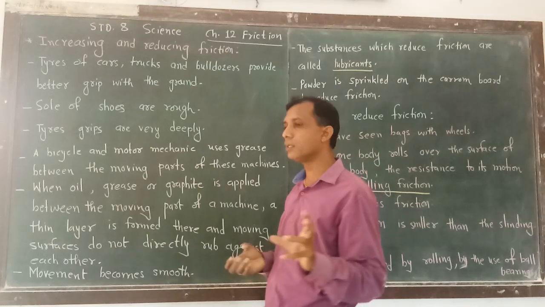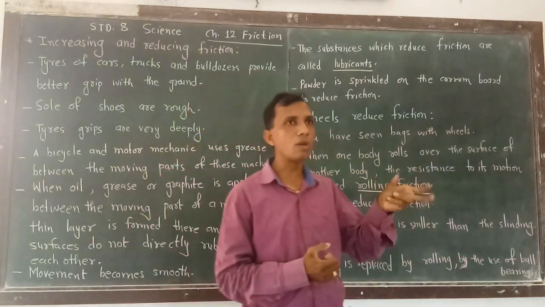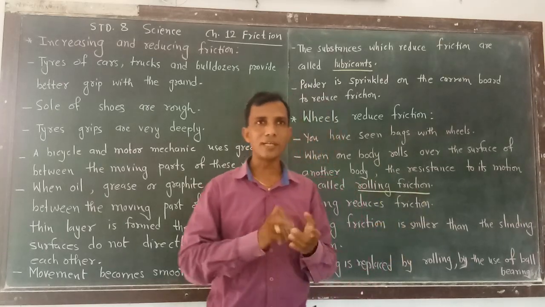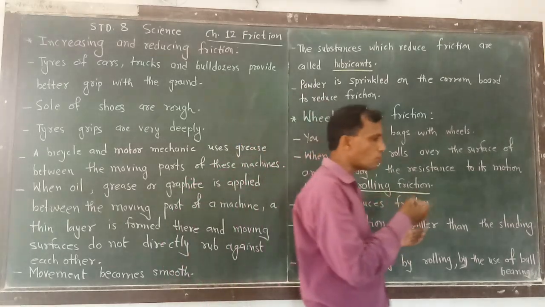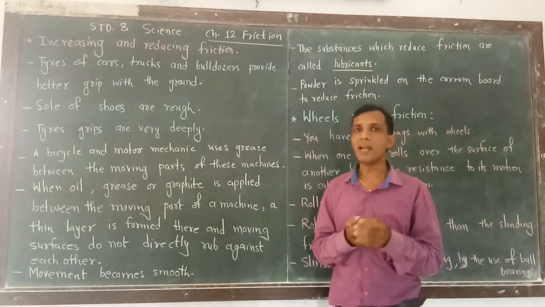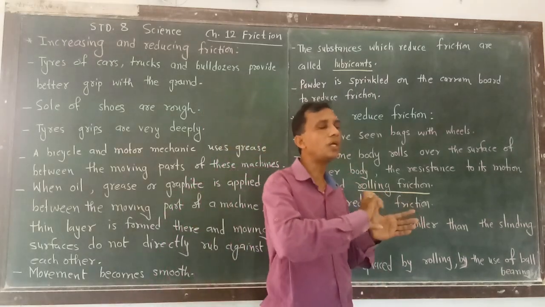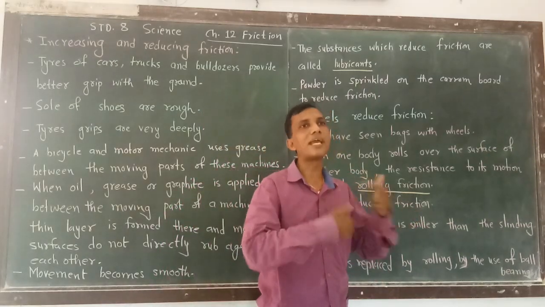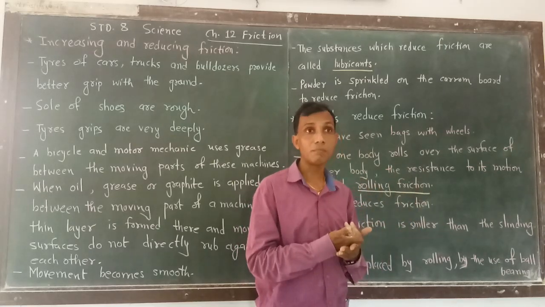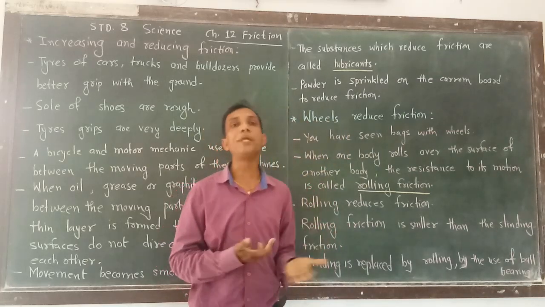Ball bearings can be used in our bicycle also, and in some engine parts. In a ball bearing, small balls are attached inside it between two plates, and grease, graphite or oil should be used frequently. So the wheels can roll and run on the road very easily. By moving very easily, lubricants can be applied to the ball bearing.